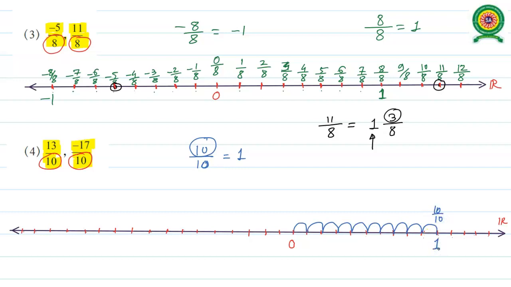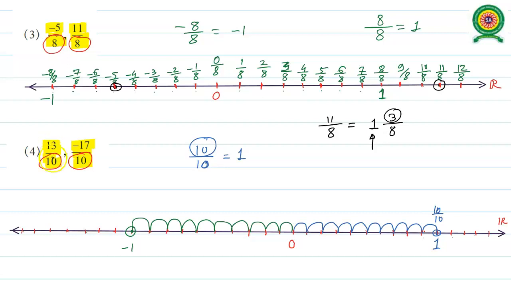And towards the left of 0, we have to move 10 unit places in the same way: 1, 2, 3, 4, 5, 6, 7, 8, 9, 10. So here we have minus 1 and here we have 1. Ultimately, we divided each and every unit place into 10 equal parts. Now we have to locate 13 by 10. There is no need to put each and every rational between the unit places; we put only whatever is required.